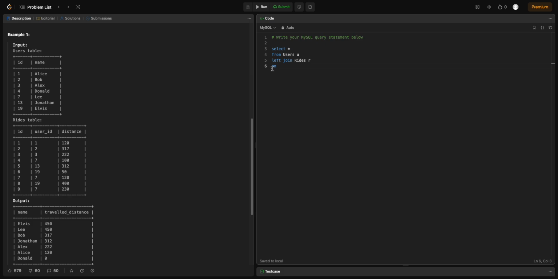So we need to join these tables on the unique ID. So I'm going to join it on the user ID. The user ID in the first table is this one, and the user ID in the second table is the user ID itself. So I'm going to say u.id equals r.user_id. So we are joining it on this and this, and now we have joined